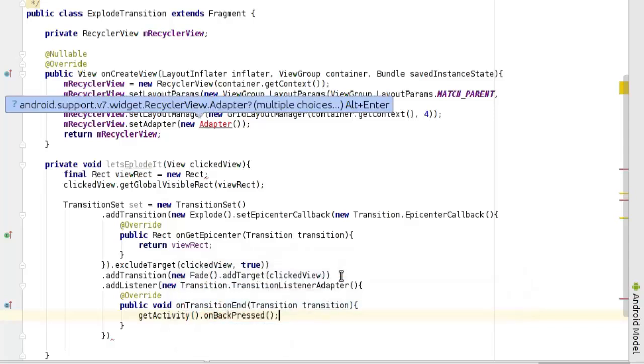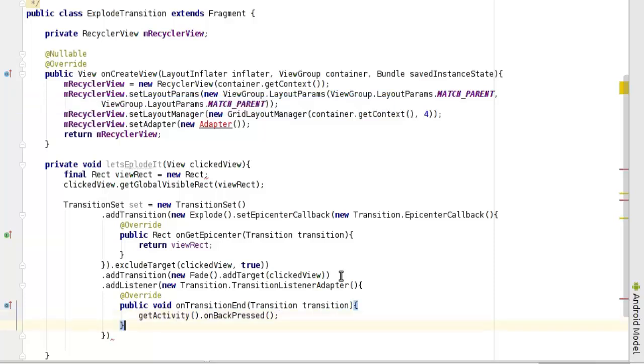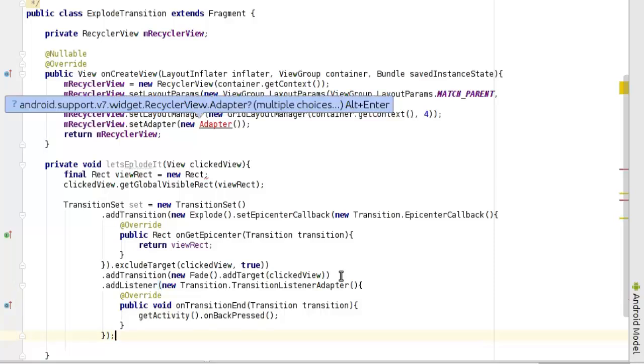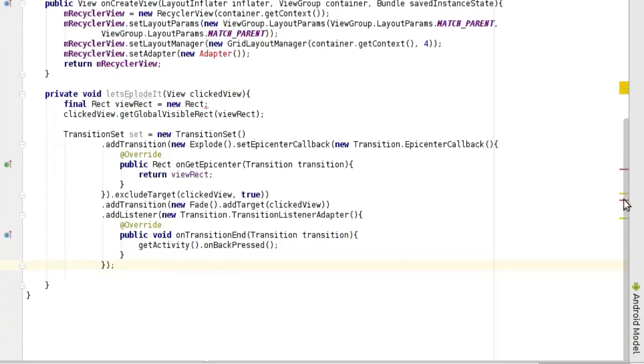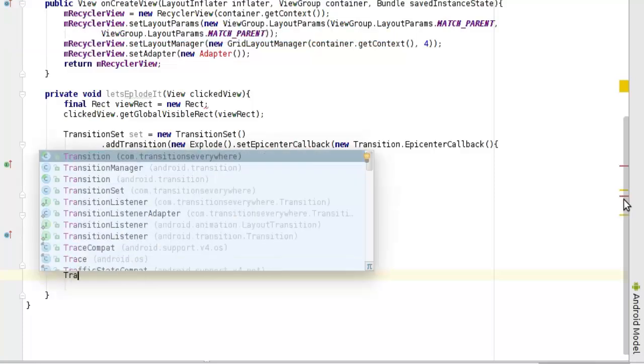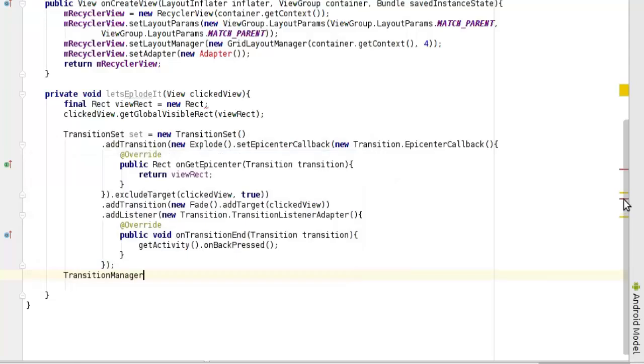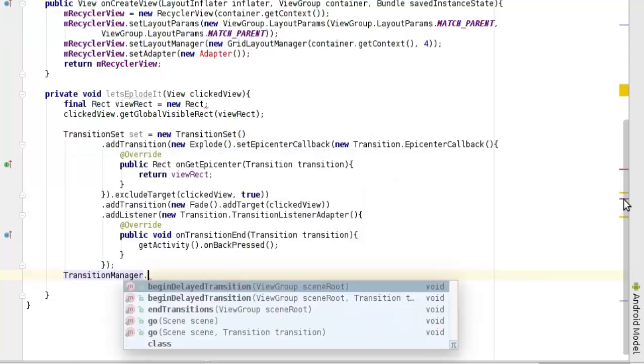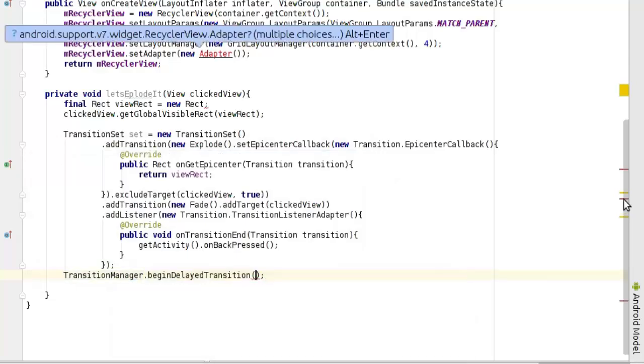So when you press back, it actually goes back to the activity. That's the explode. Now we call the transition manager to begin delay transition,